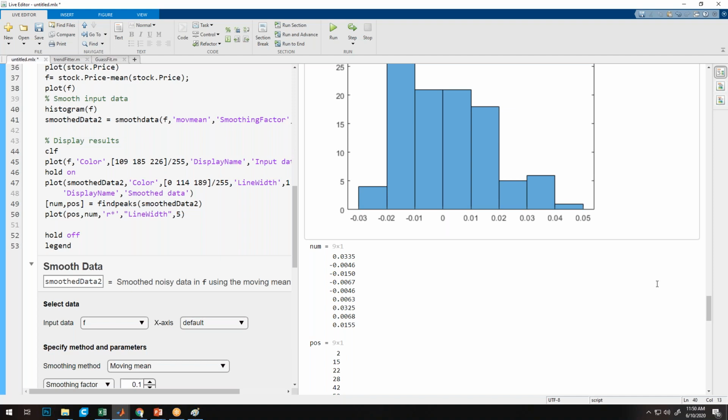Can you quickly revise the smoothing code? Yeah, ma'am. Find peaks is predefined in MATLAB 2020. For those people who are using MATLAB 2017 or before, there is a function named, I think, maxima, that you can use to find the peaks.